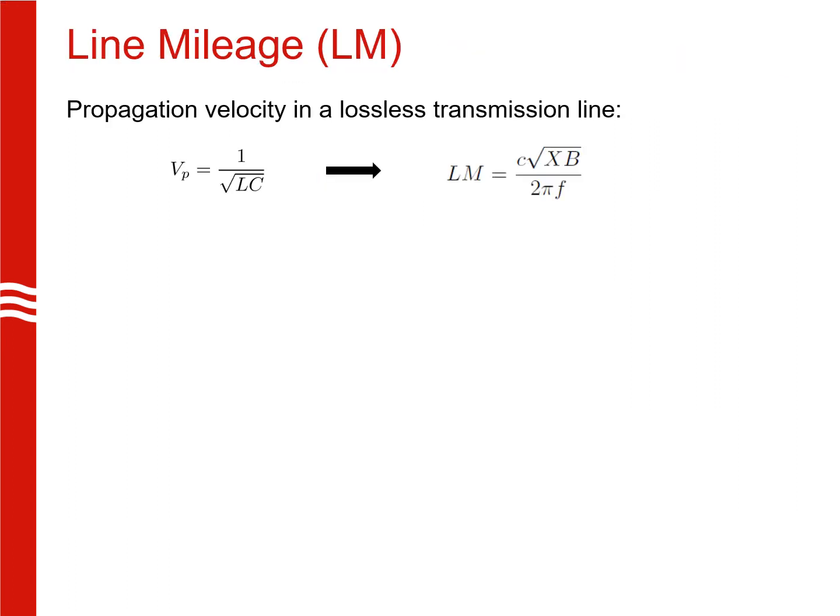The next measure is the line mileage. Since these are synthetic cases, the actual lengths of the lines are not available to us. Therefore, we use the propagation velocity in a lossless transmission line to calculate the lengths of the lines. The propagation velocity in a line is equal to 1 over the square root of LC, where L and C are the per unit length inductance and capacitance of the line. Having these values replaced by per unit reactance and shunt susceptance of the line, we can calculate the length of